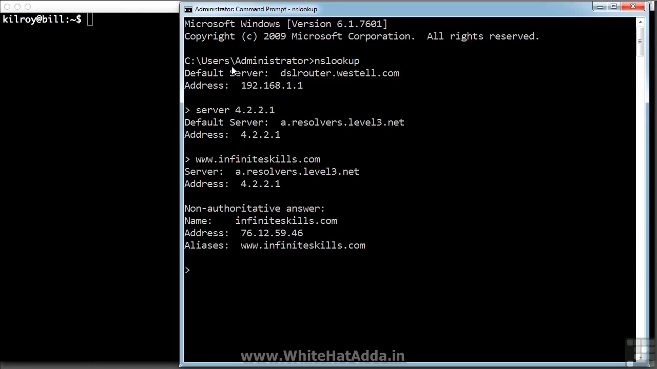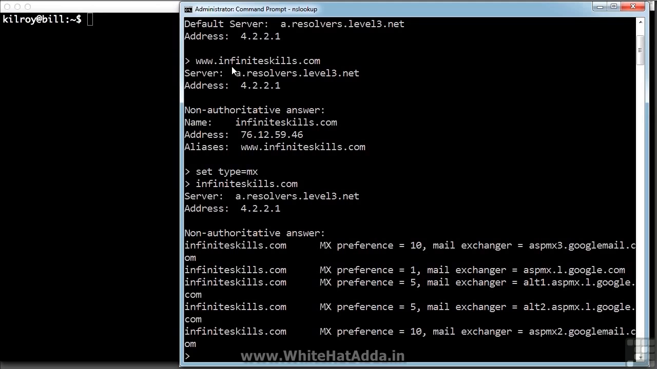Something else I can do with NSLookup is look up different types of records in DNS. In DNS, there are several different types of records. One of them happens to be the A record, which is what I just looked up here. So the A record translates a host name to an IP address. A pointer record, or PTR record, does the reverse, which is IP address to host name. I can also do MX, which is the mail exchanger record. That's another type that I can look up. So I can look up the mail exchanger records for the domain infiniteskills.com, and you can see here I've got several MX records with different preferences,